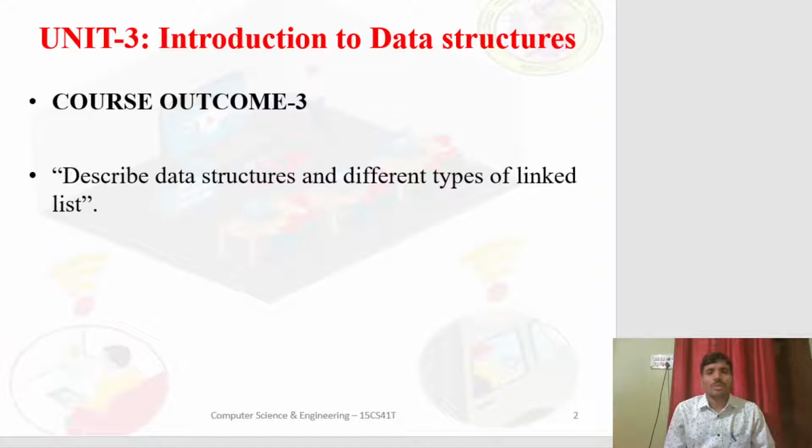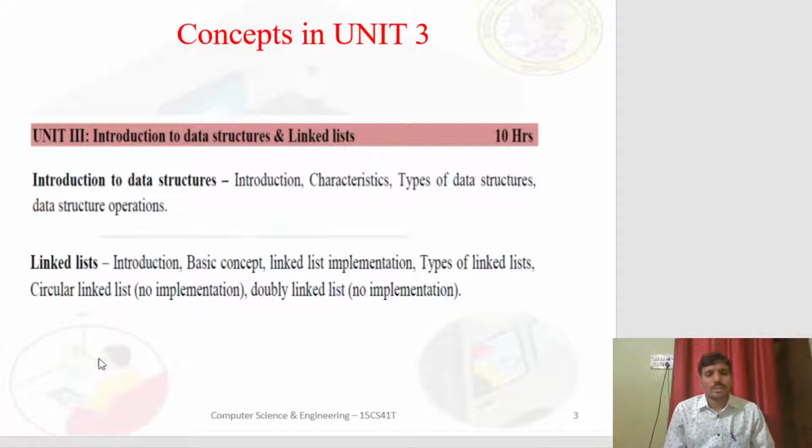The outcome of the course is to describe data structures and different types of linked list. In this unit, we will learn details of data structures and types of linked list. Before starting the unit, let me show you the concepts that will be discussed in subsequent sessions.